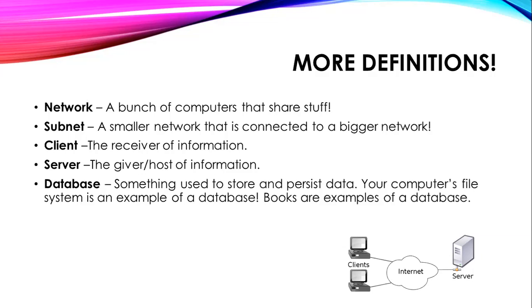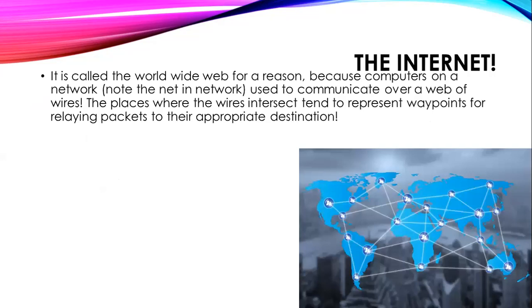So if you want to enter information on a website and save it, it's stored in something called a database. Books are, but that's a digital database. A database, in its raw definition, is something that stores information. So a book could be a database, but we're looking at digital databases in this case. Anything that stores information is a database, but in terms of computers, a database is something that stores digital information.